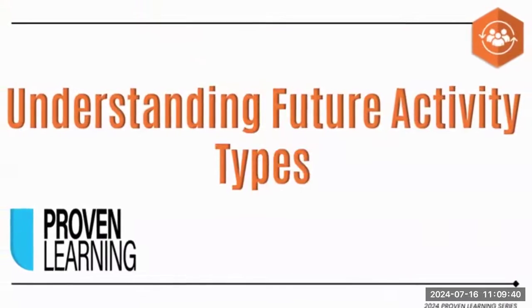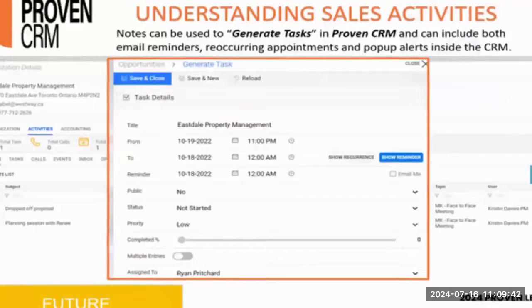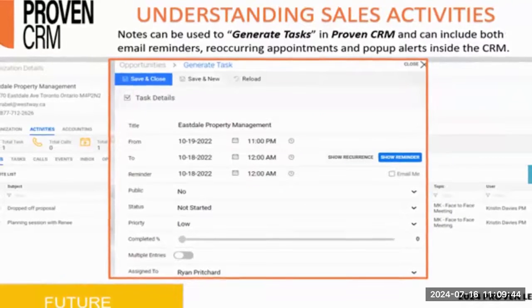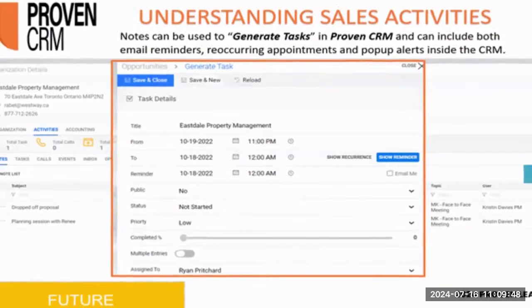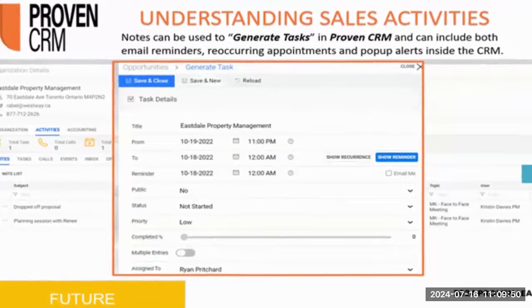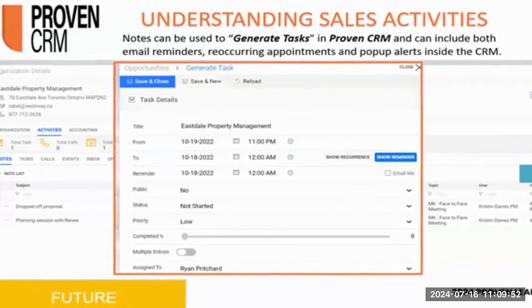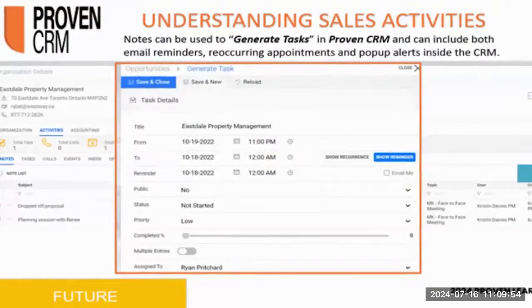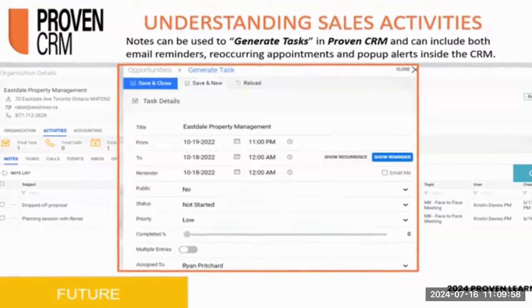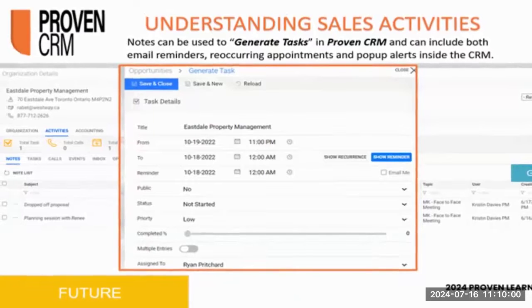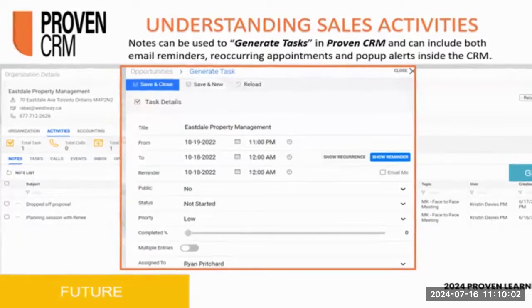Now, let's see what we can do with future activity. Notes serve as valuable documentation for various activities conducted by salespeople. These notes can be used to generate tasks within Proven CRM. They encompass email reminders, recurring appointments, and pop-up alerts inside the CRM. Whether it's a follow-up task, an important deadline, or a recurring event, notes play a crucial role in managing sales